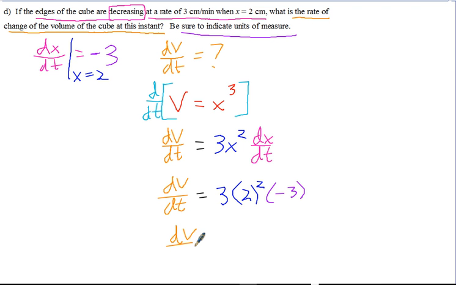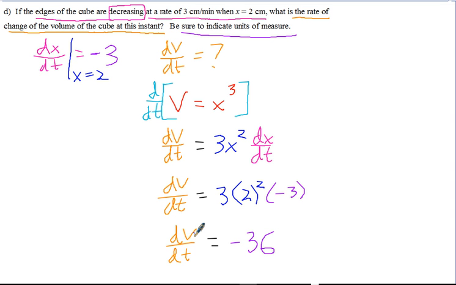So we get dV/dt equals, that's 4, 2 squared is 4, times 3 is 12, times negative 3 is negative 36. And then indicate units of measure. The units of measure,